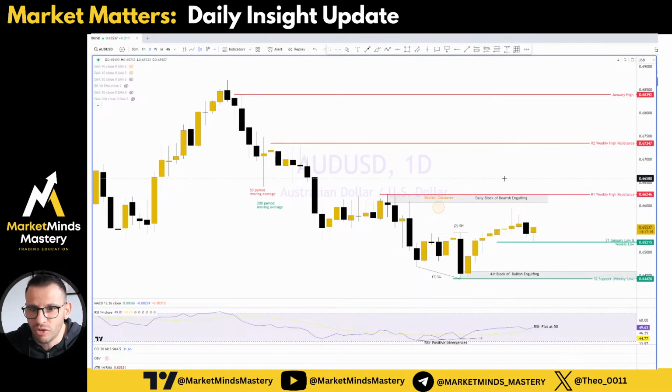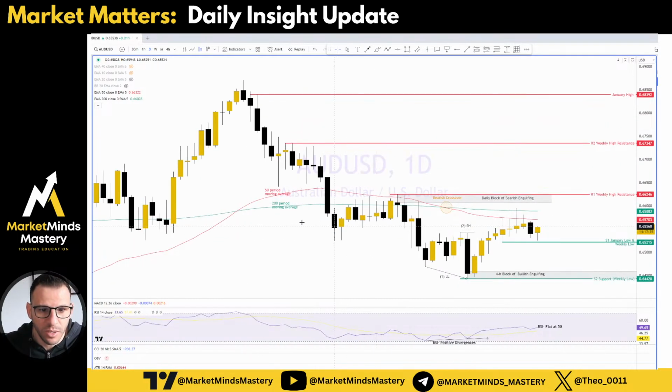Let's check the Australian dollar. Now, on the Australian dollar, it was interesting like this one here. When we plot the 50 period and the 200 period moving averages on the daily chart, this crossover here, the bearish crossover, is called a death cross,